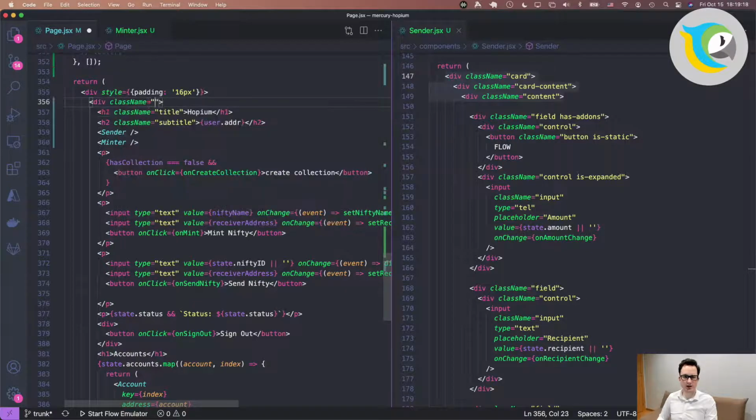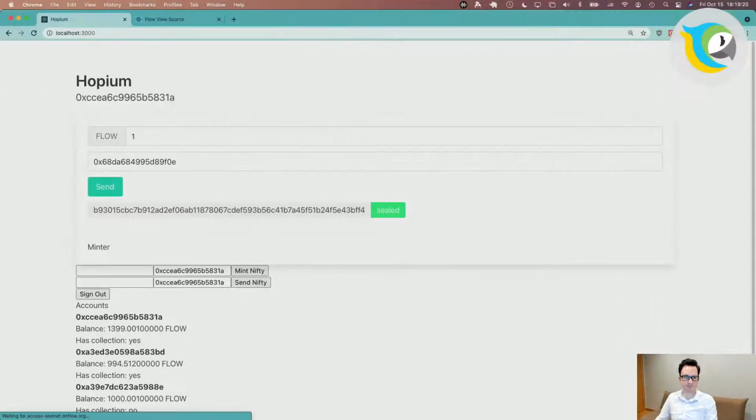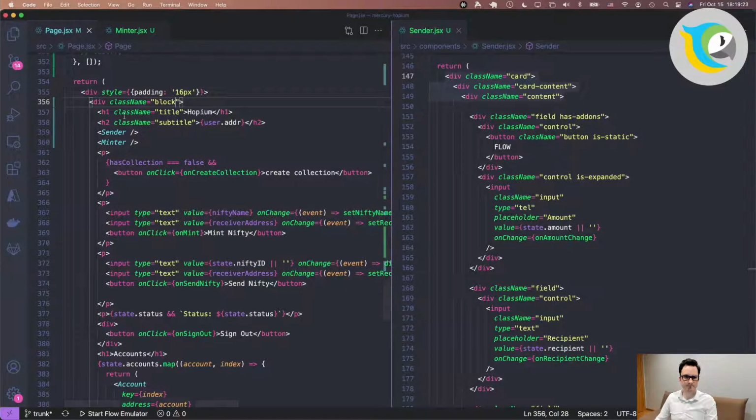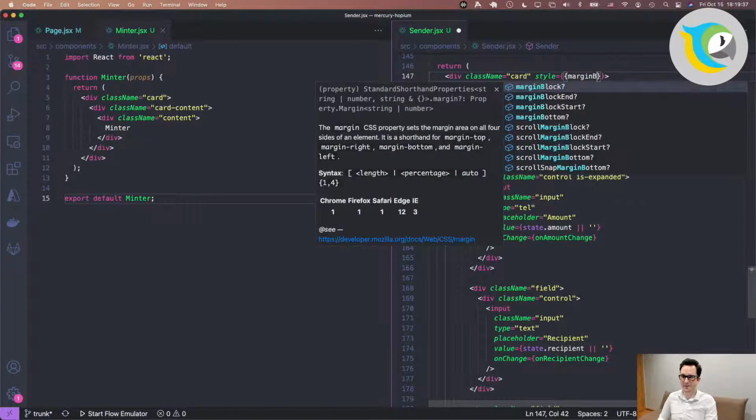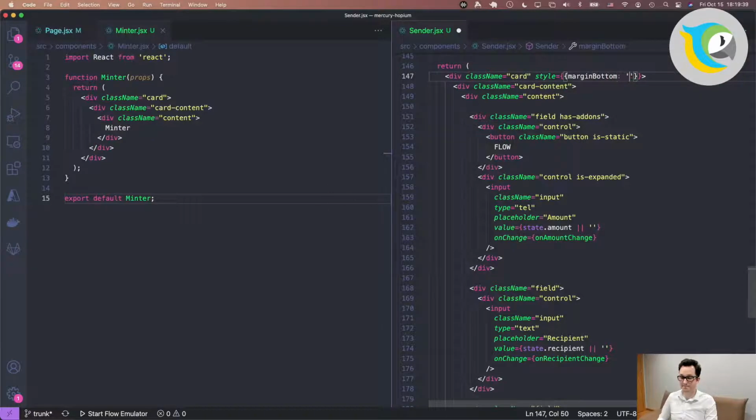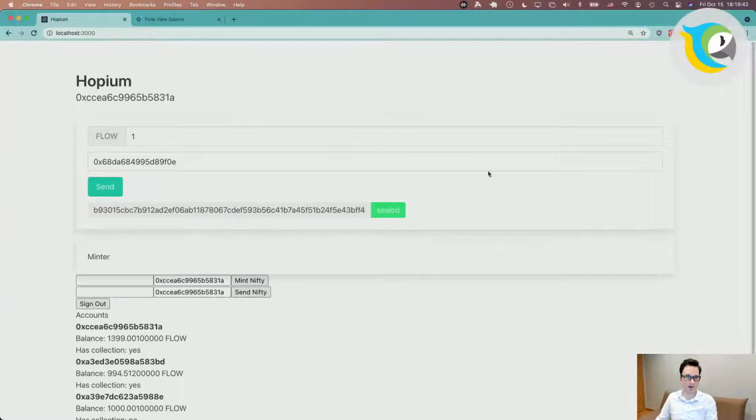Class block. I guess not. Let's see here. Let's add some margin down at the bottom. Okay, so we got a little bit of spacing now.